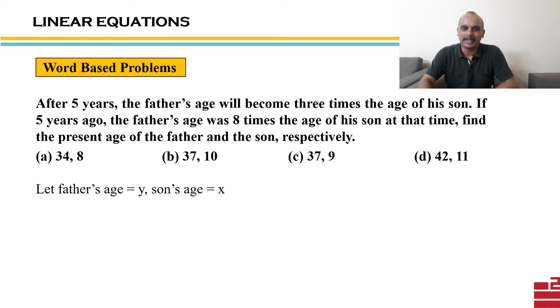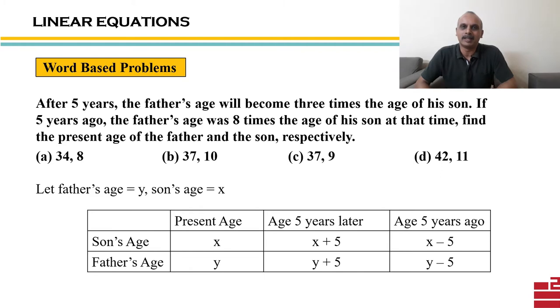Now before we proceed, we should think of or at least draw a table where we write present age, 5 years later, and age 5 years ago. If today's age of son and father is x and y, the ages after 5 years will be x plus 5 and y plus 5, and likewise for 5 years ago. If you don't want to draw this table in the copies, it's okay, but you should have the mental image of it. If we have this, then we can start forming the equations.